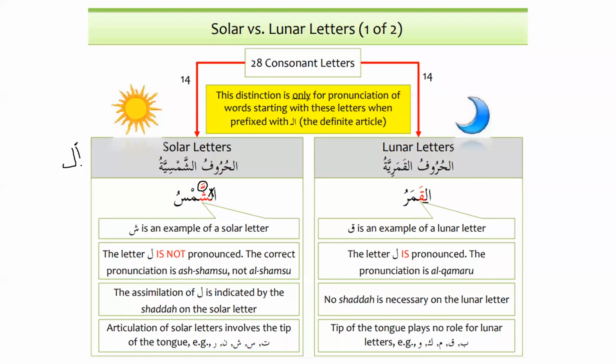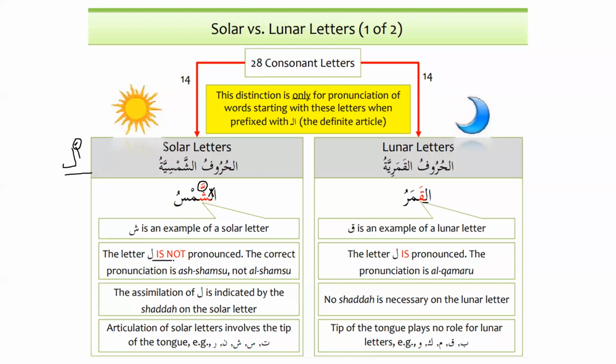And inshallah, when you proceed further, when you learn verbs, then you will come to know that sometimes it has dhamma, sometimes it has fatha, and sometimes it has kasra. But what is restricted to al is that it is always pronounced with fatha. As of now, your takeaway is only this. The rest, please don't worry about that. Whenever we have al, we have to pronounce it with fatha. We cannot say ul and we cannot say il. We have to say al. That's the only thing that you need to take away today.